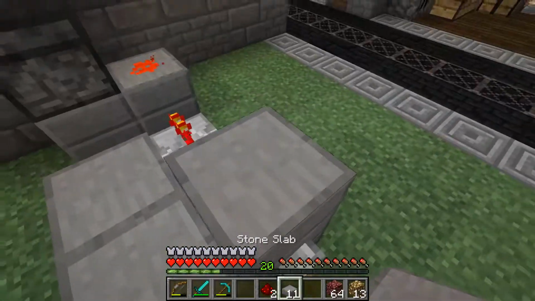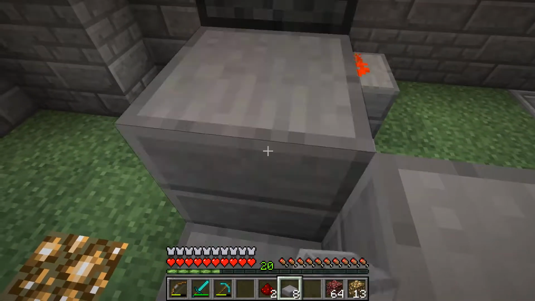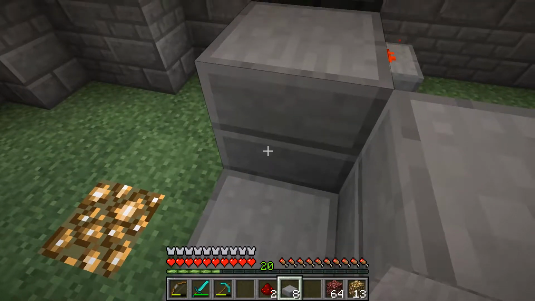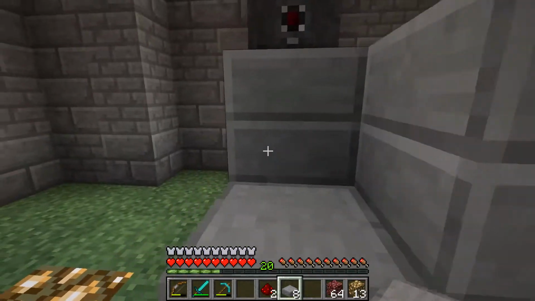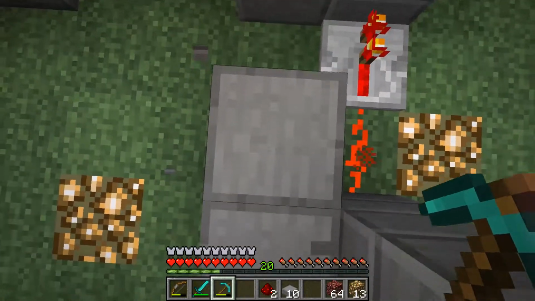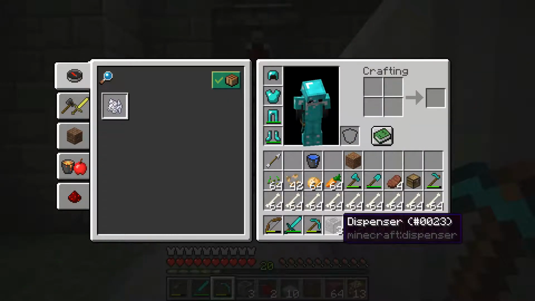Let's go ahead and build up another solid block up here for a dispenser to sit on, and up here for another dispenser to sit on. And actually, no, that's where the water is going to go. So we're actually going to leave that blank, but we can go ahead and start placing some of our dispensers